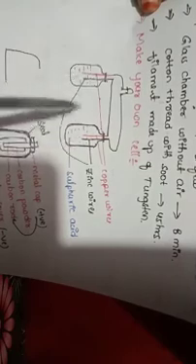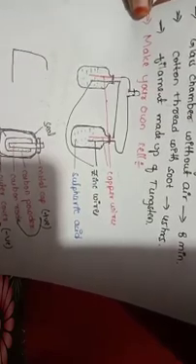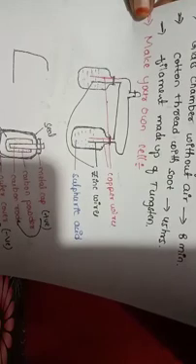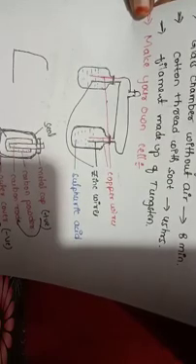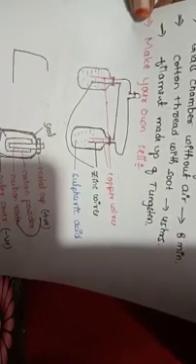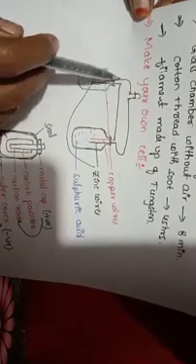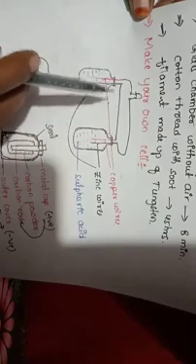So if you pour the sulfuric acid, what happens? The sulfuric acid is broken into hydrogen and sulfate, okay. So H plus and SO4 minus ions, okay. Due to that, electrolysis is happening, okay. So what is electrolysis? The process of breaking down a substance using electricity is called electrolysis, okay. In this, current is passing from the copper rod to the zinc rod, right? So here, copper rod to zinc rod, okay.